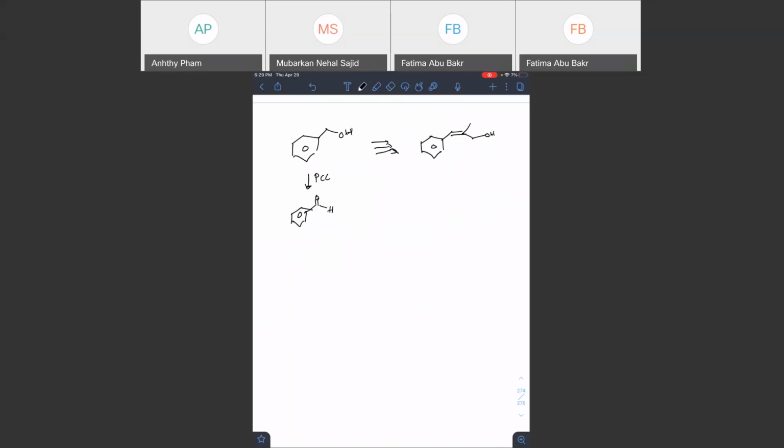Once we have this aldehyde, there's still no alpha hydrogen that we could start substituting things onto. So the only way to add more carbons when you have a carbonyl is maybe through a Grignard, or actually more likely in this position, through an